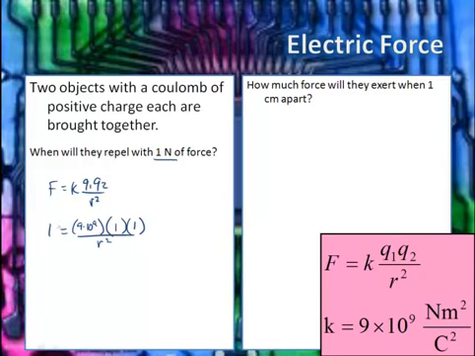To solve this, I like to cross multiply. You didn't know that this was over 1, but you could write it that way. And then r squared is, this multiplication is essentially just k, 9 times 10 to the 9th. So the distance between them is the square root of k,